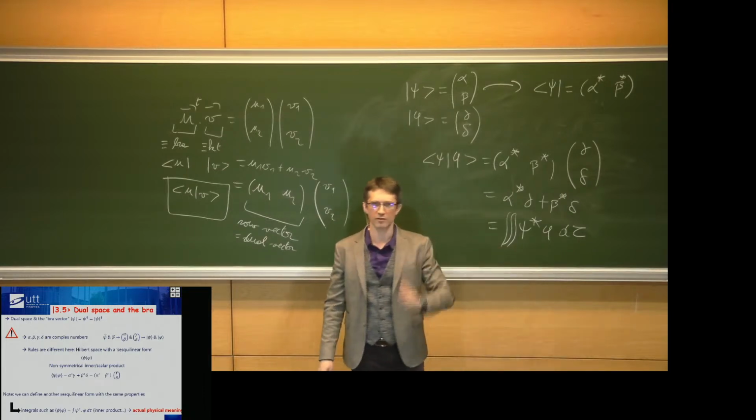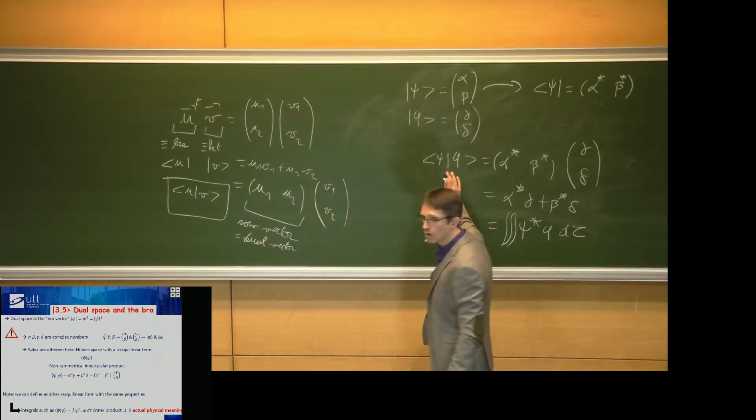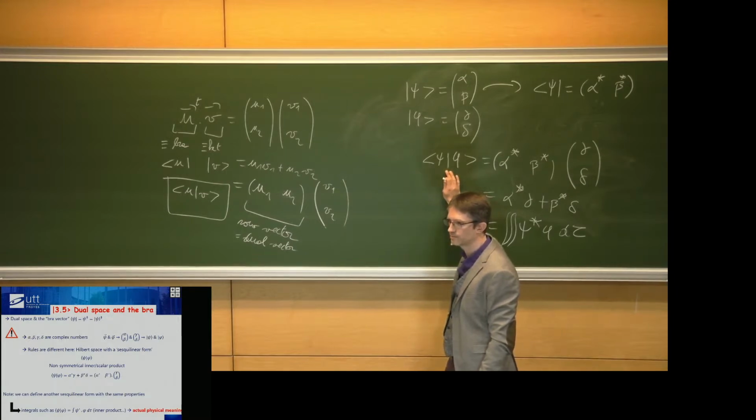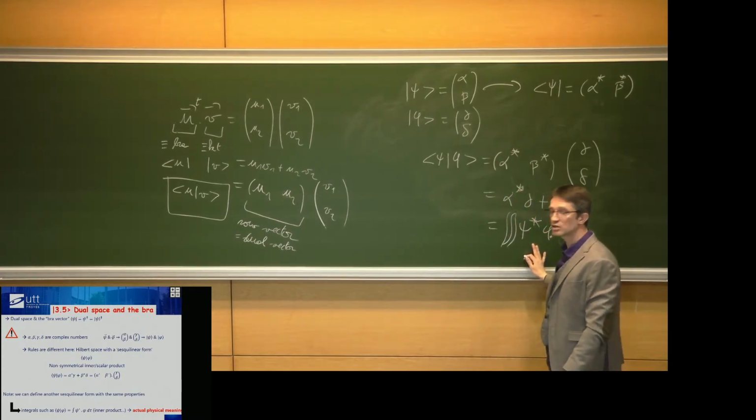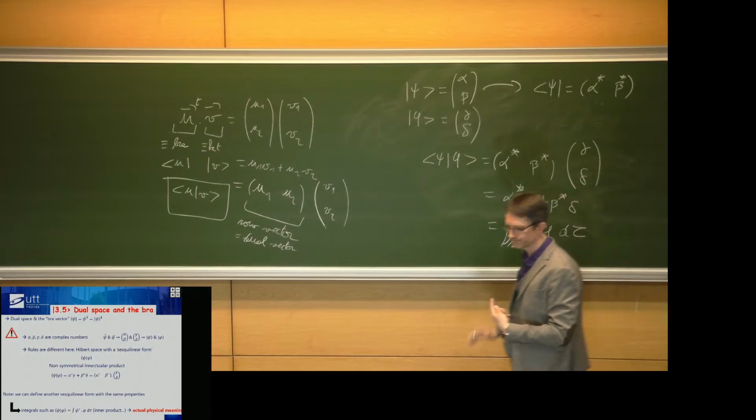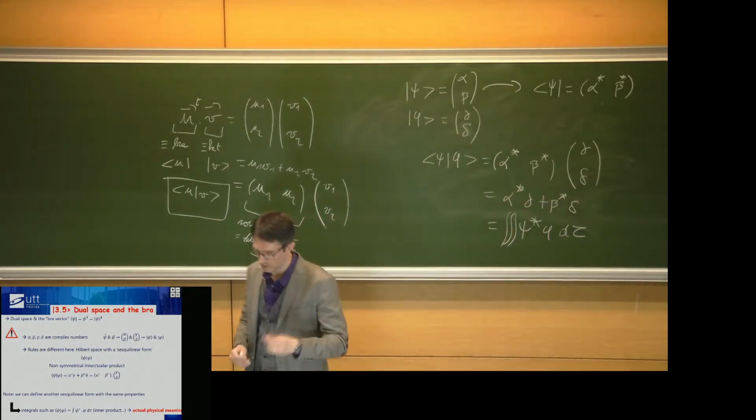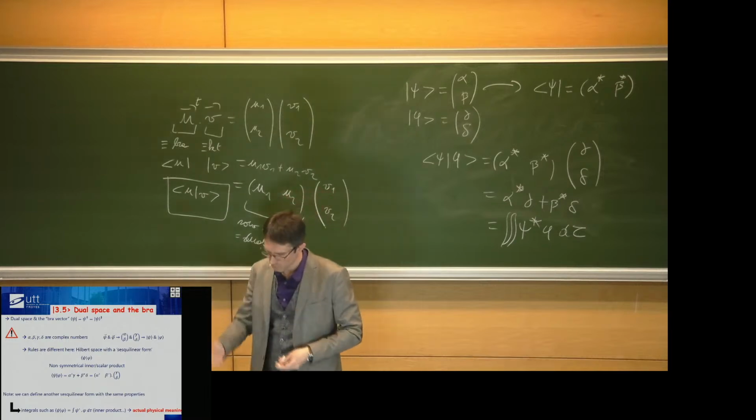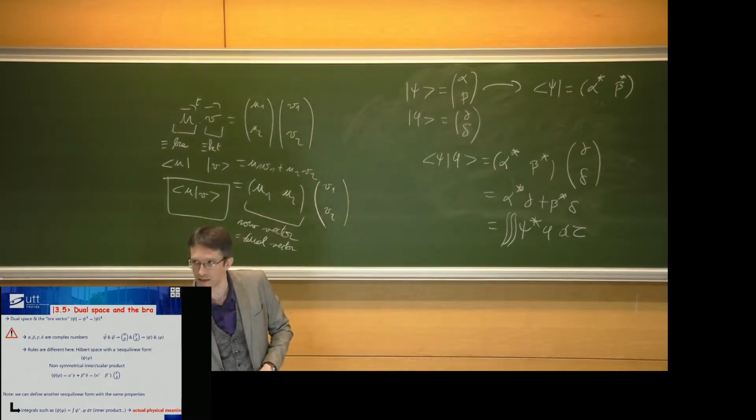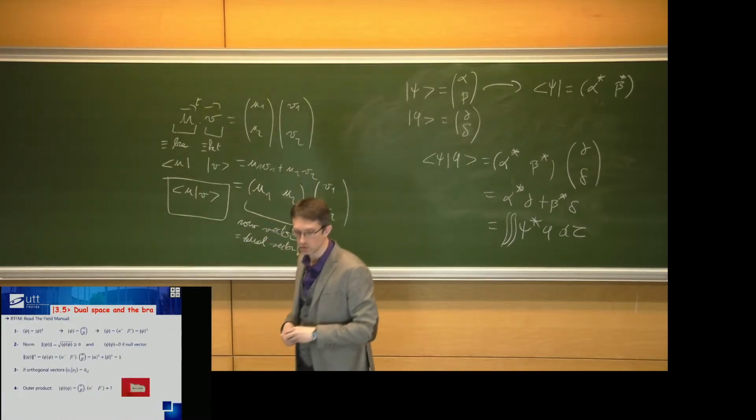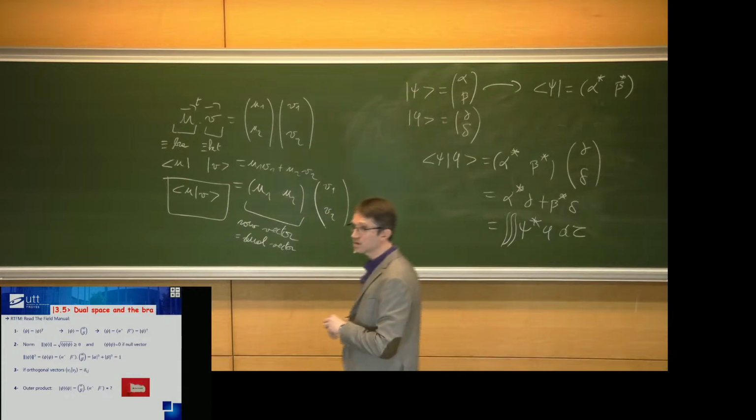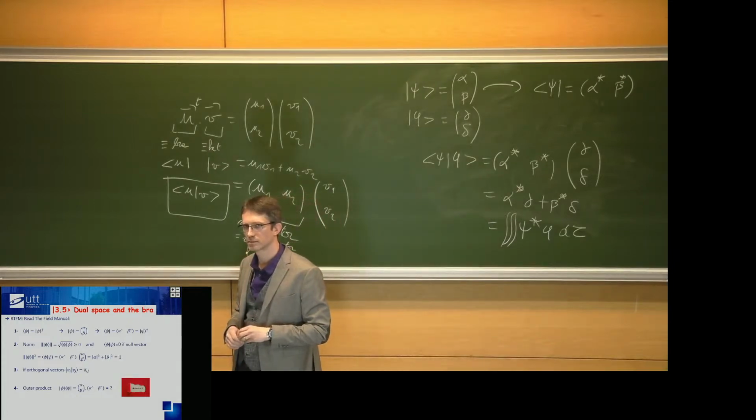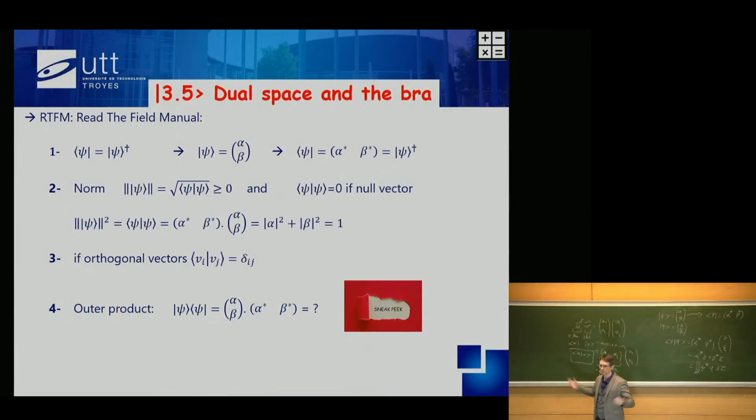The big difference, though, is that this is a very convenient mathematical representation that we will use mostly, but it actually has a physical meaning to it. There's actually physics behind that. So I'll get back to that later. So let's carry on. Now we have the dual space and the bra concept. Then all you have to do is read the field manual. RTFM, read the field manual, with some properties and some rules